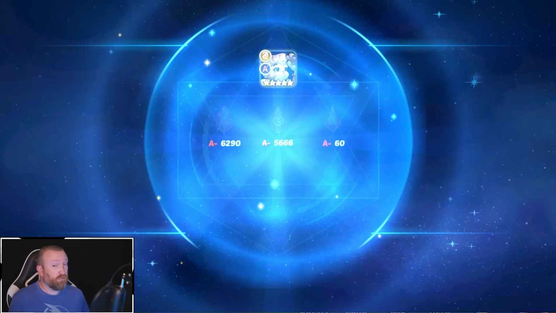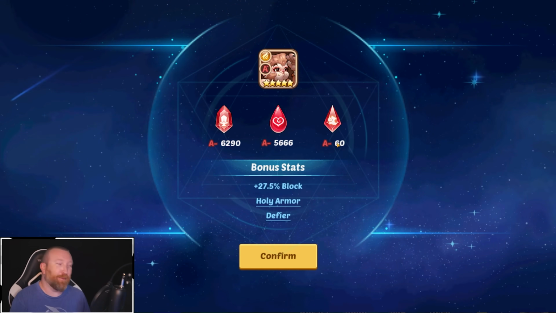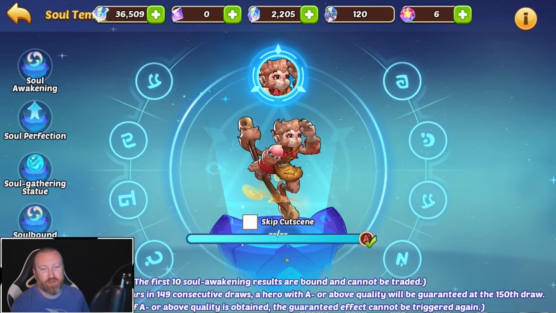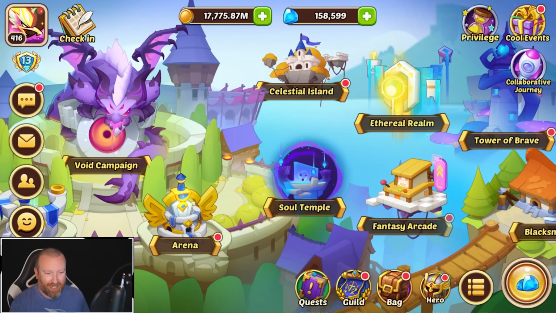It's all red. It's an A minus across the board. Yep, that's pretty much what I expected of this. And yeah, it doesn't actually let you use all the extra ones, sadly. So,